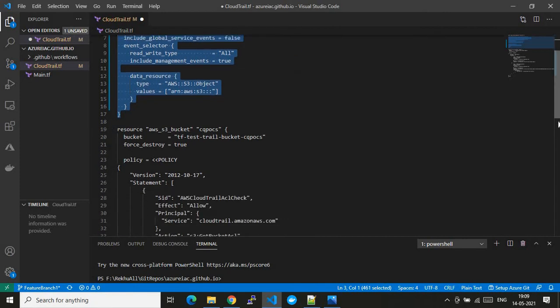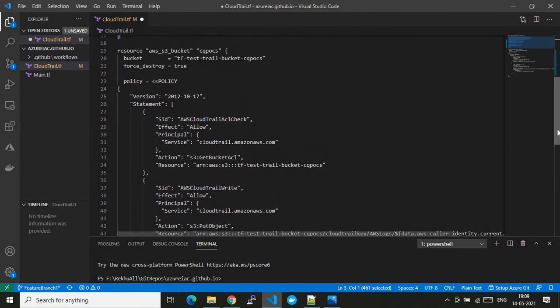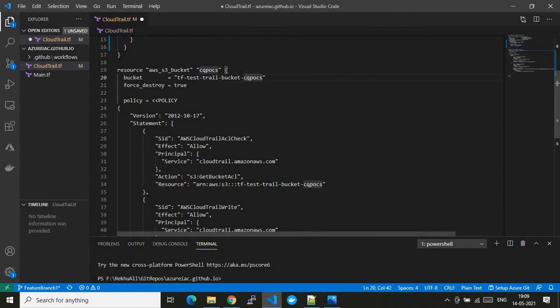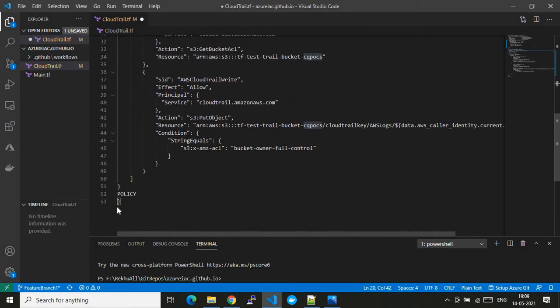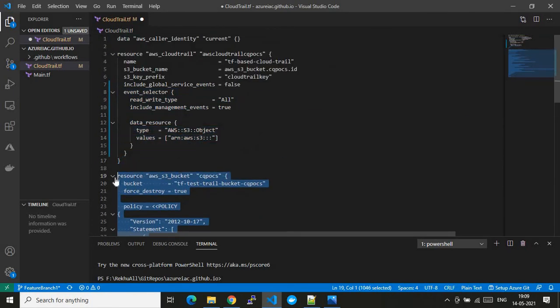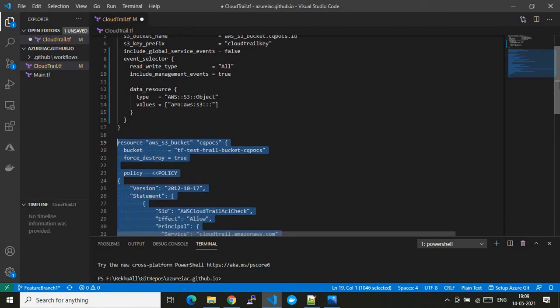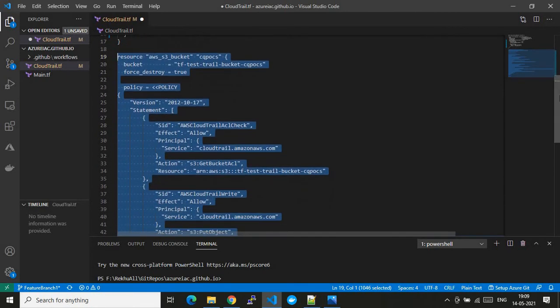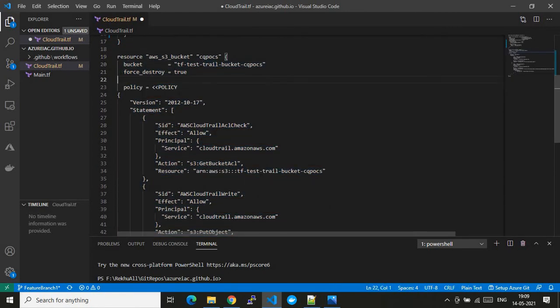Now let me walk you through the code below. Here I'm just creating a storage bucket. This is a big block because it contains the storage policy as well, that is the S3 policy. It was already walked through in the previous video, but let me walk you through it again. Here I'm creating an S3 bucket; the resource type is aws_s3_bucket, and this is the variable of that resource type.